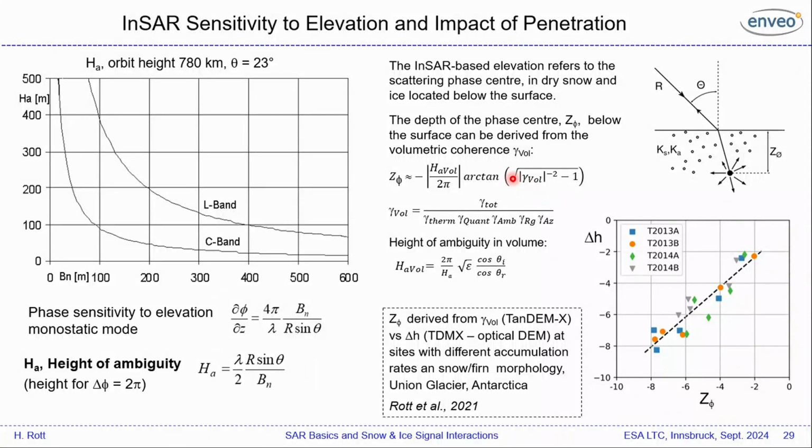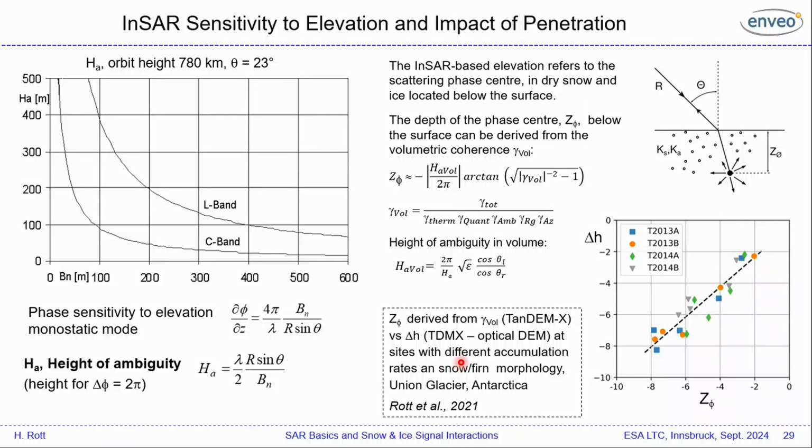Maybe I briefly mention, this is the volumetric coherence, which can be derived from the total coherence if you know the other parameters, which are sensor parameters and processing parameters and noise equivalent sigma zero. And I did this now in an experiment. In 2016, I was on Union Glacier in Antarctica and did this for measurements at several sites